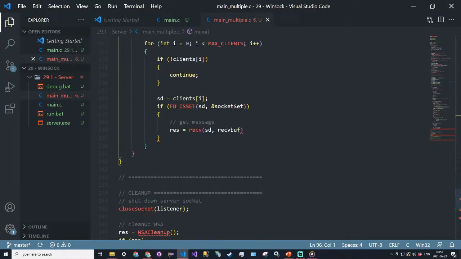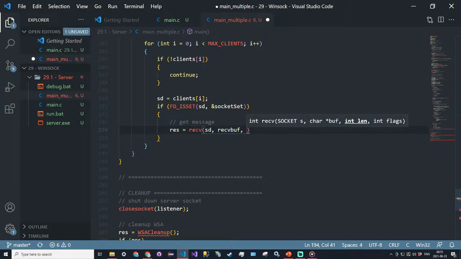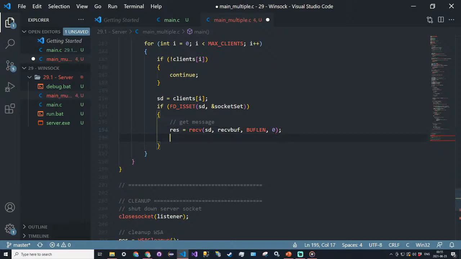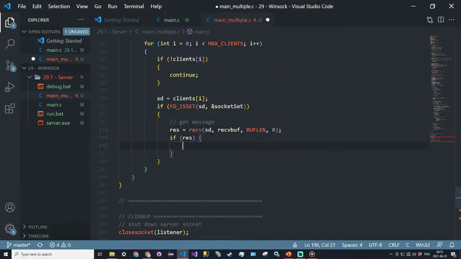Alright, so we're going to call the receive function, store it in receive buffer, and the length of this is just going to be the macro bufflen, and then 0 for the flags. Then if the result is positive,